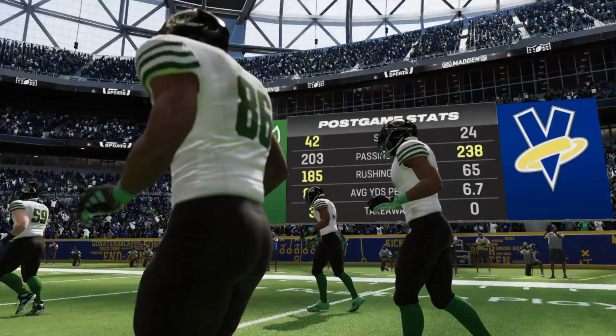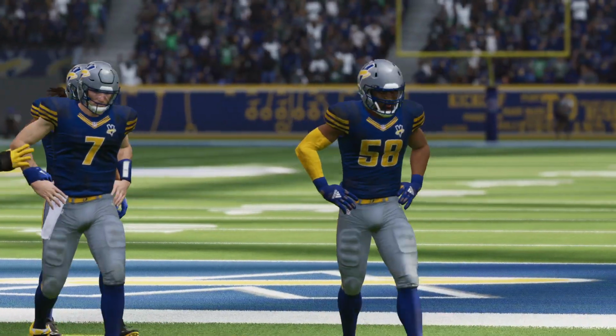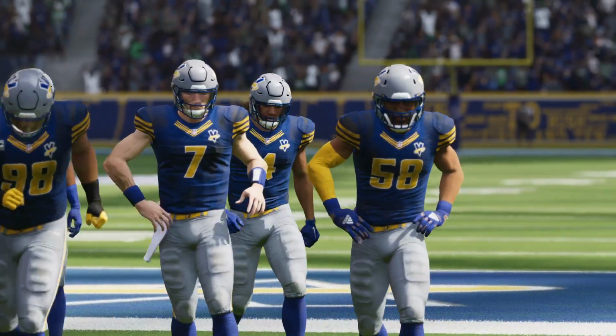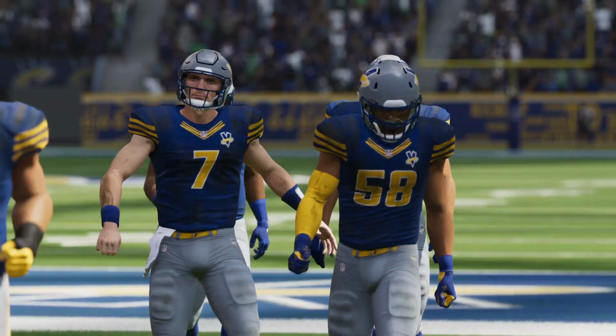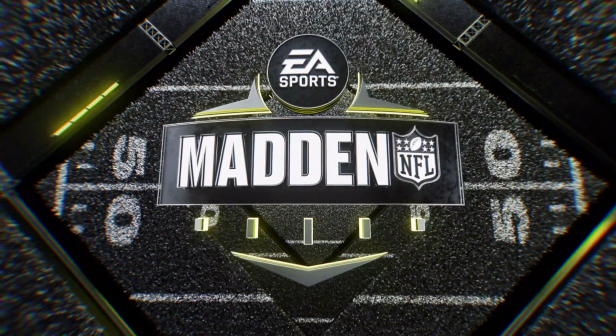So for Dublin, they get back in the win column as they move to 2-1 now on the year. And they will head back home next week. Meanwhile, for Houston, they'll fall to 1-2. And they'll get a chance to redeem themselves at home